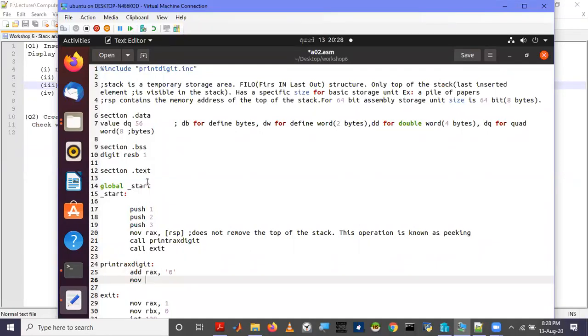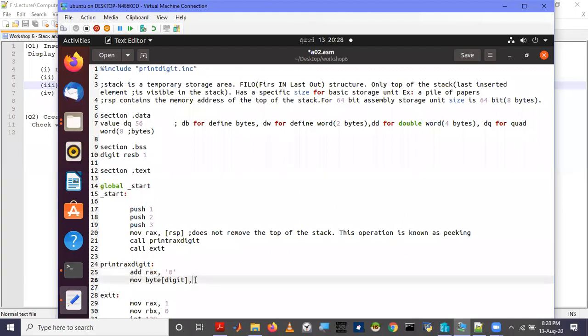This is 1 byte, so we have to specify the size byte for digit as the value of this memory address. A digit is 1 byte.